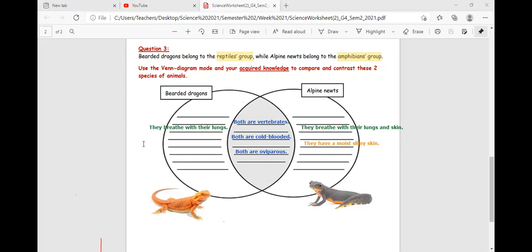But these, what do they have? They are covered with connected scales. Connected scales. Bravo. What else? Bearded dragons belong to the reptiles group. The newts belong to the amphibians group. They lay their